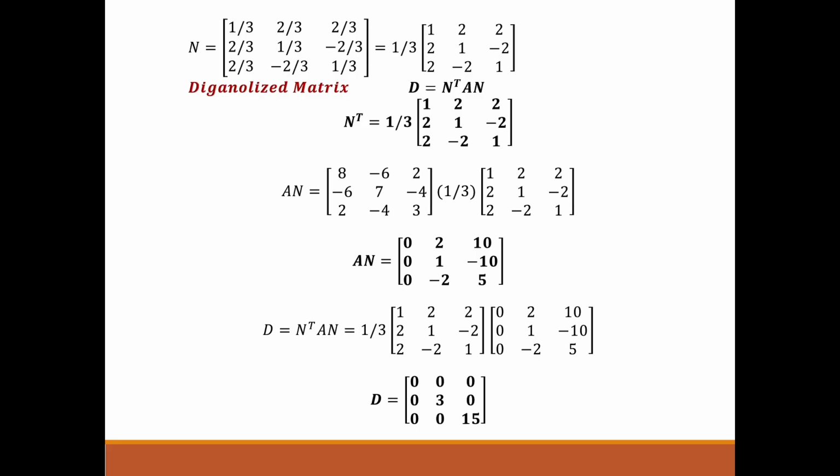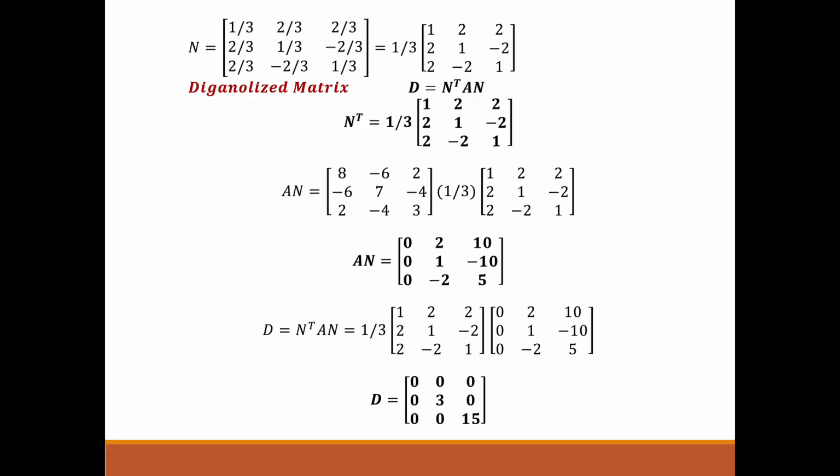Now we are going to find the diagonalized matrix. The formula for the diagonalized matrix is D equal to N transpose A N, where N is the normalized matrix. Here N transpose is nothing but 1 by 3 into 1, 2, 2, 2, 1, minus 2, 2, minus 2, 1. And next we are going to find A N, and substituting these values in D, we can get the diagonalized matrix